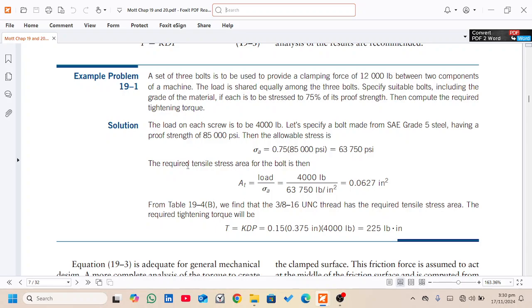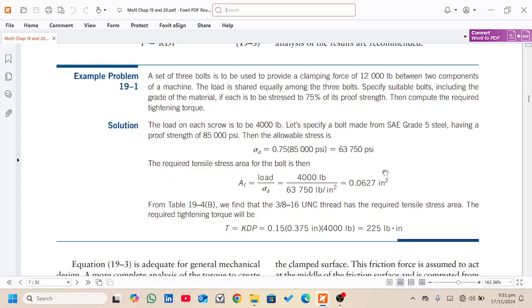For the solution, we have to know what will be the load on each screw. So that will be 4,000 pound. Let's specify a bolt made from SAE grade 5 steel having proof strength of 85,000 psi. Then the allowable stress will be 0.75 of the proof stress. So if this is the proof stress, then we have to multiply it by 0.75 as we have read just before, and the answer is